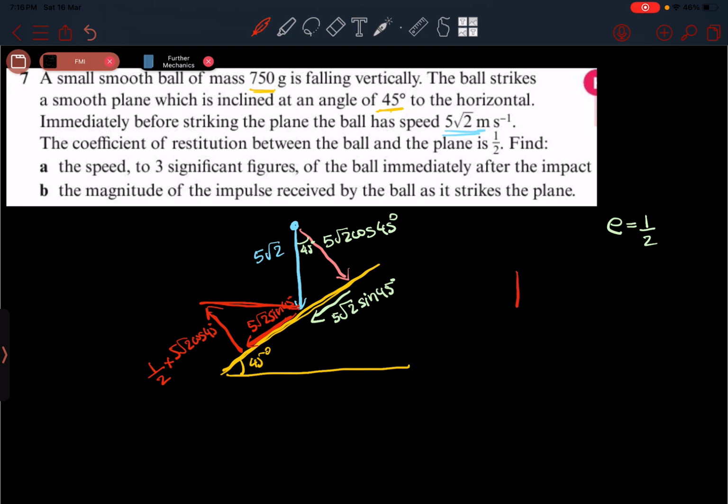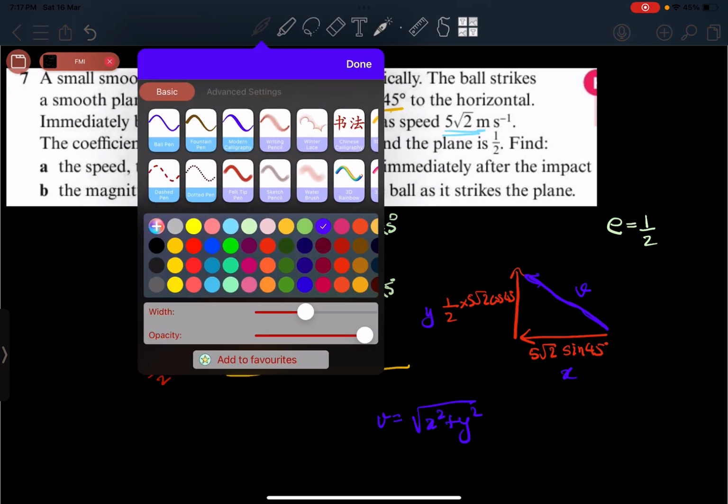So if we do Pythagoras' theorem, I've got 5 root 2 sine 45 remains as it is. This one I've got half times 5 root 2 cosine 45, which is the perpendicular component. So to figure out what is the speed after collision, I can do square root of x squared plus y squared, and then that would be my v. So x in this case would be